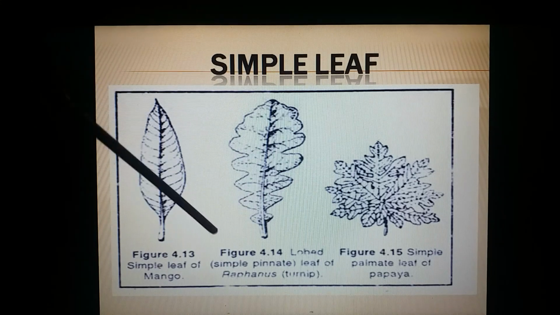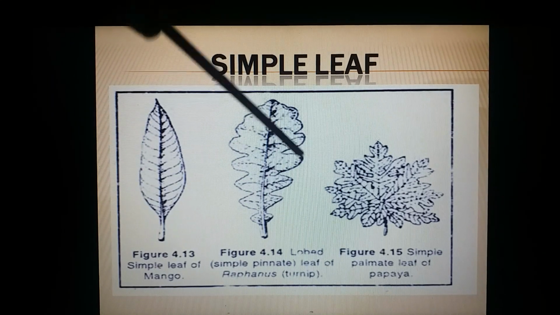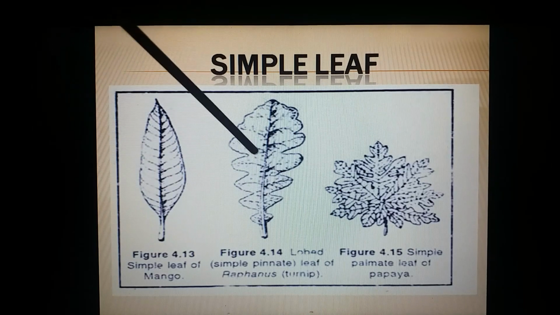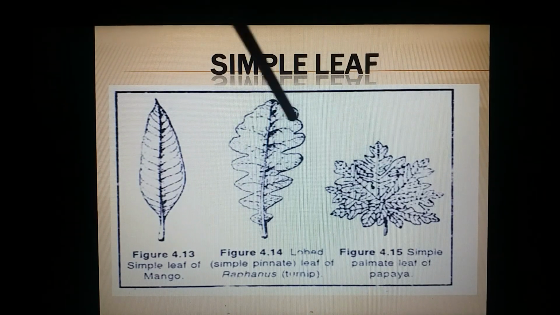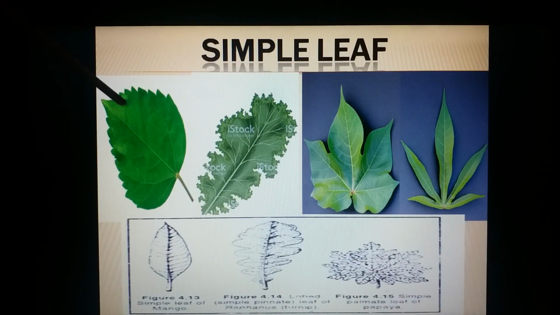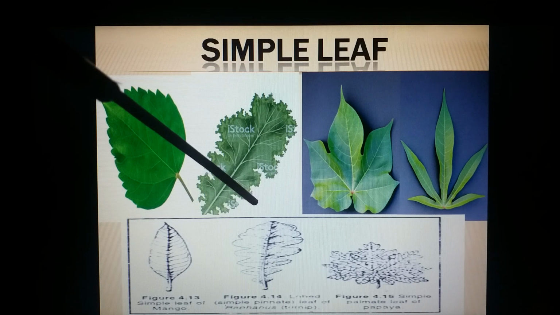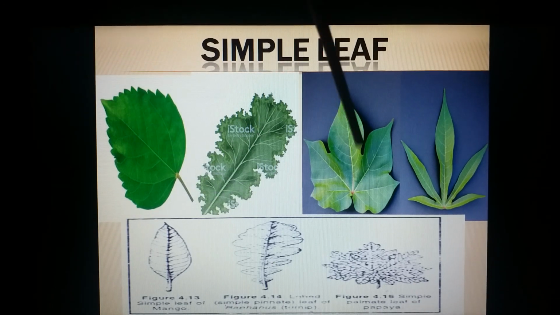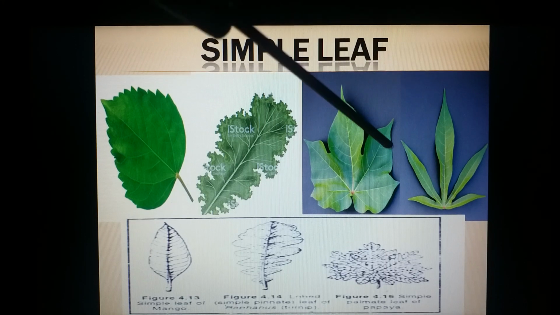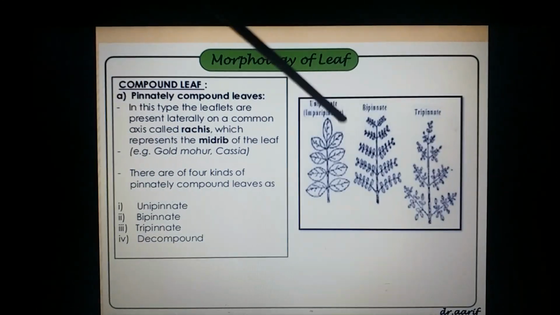But sometimes the leaf lamina is partially lobed, and it is a pinnately lobed simple leaf in the case of Brassica, palmately lobed simple leaf. I repeat, this lamina is not at all dissected, no lobes at all. This is a hibiscus leaf. This is a Brassica leaf where the lobes are there. It is pinnately lobed. This is palmately lobed in the case of Passiflora, Cucurbita, Gossypium, etc.